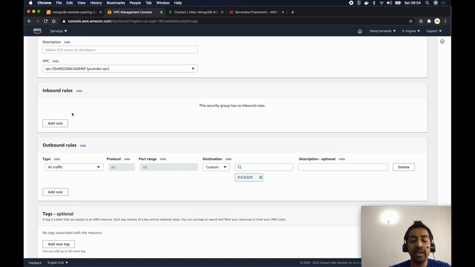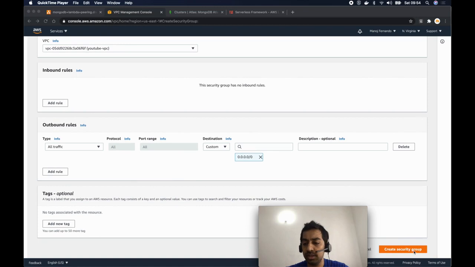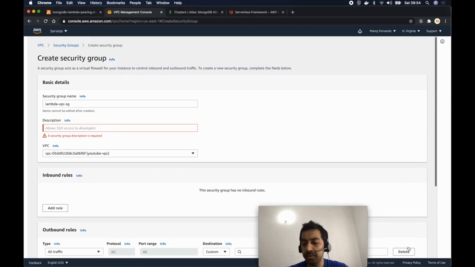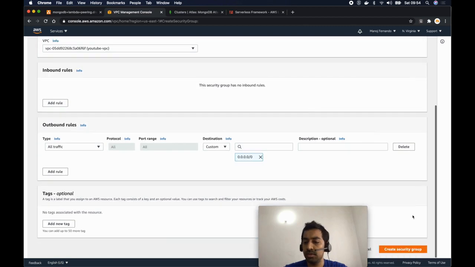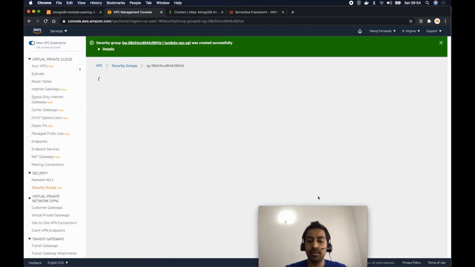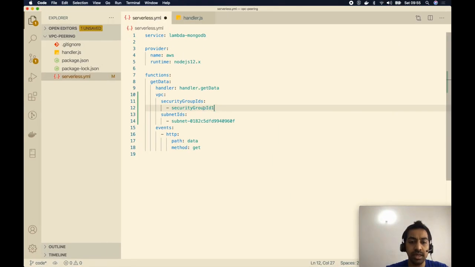And I'm not defining any inbound rules, so I only have the outbound rules. And create security group, write the description. So it's created, and this is the security group ID. Let me copy the ID and come back here and replace it with my security group ID.